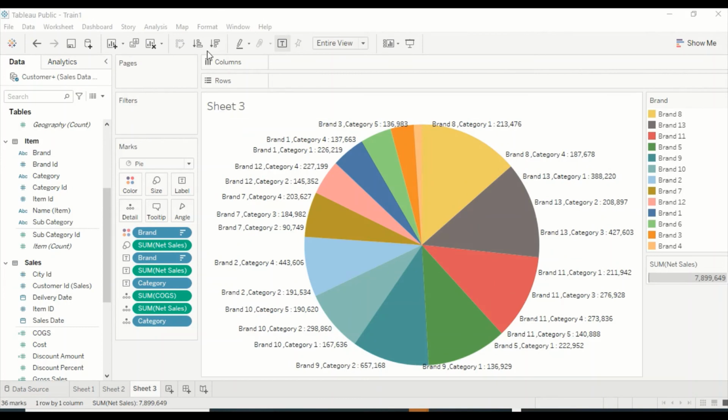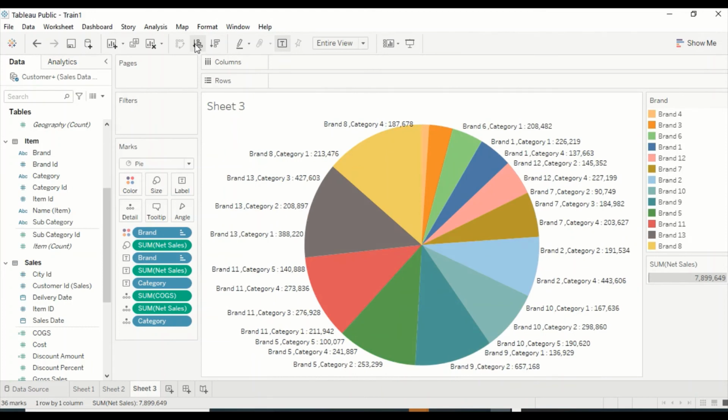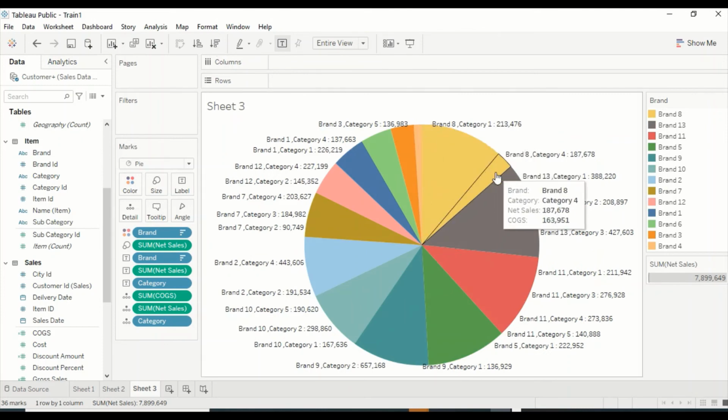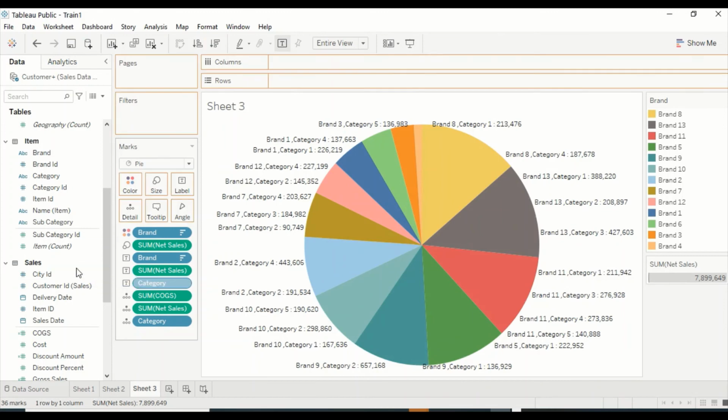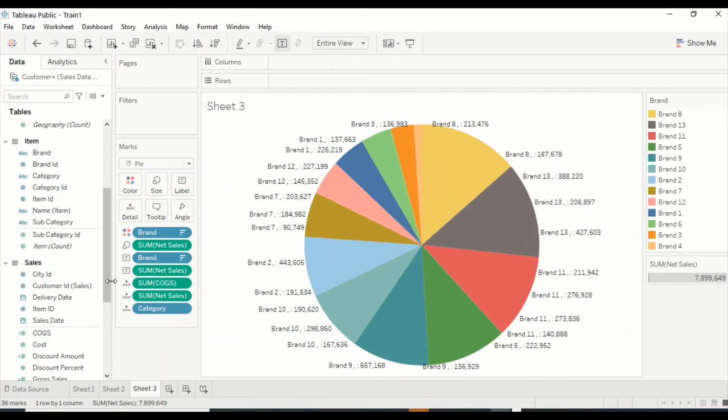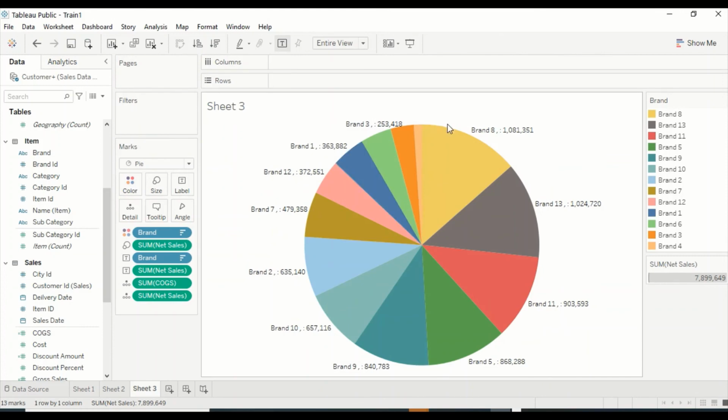Now one more operation which I would like to try is to sort this in descending order. There are options available like sort on net sales, sort by ascending, sort by descending. So let me sort on descending. Now you see this bigger pie is here, and for the time being I can remove category from here. Now I have removed category, it's not gone away. Let me remove it from the details also. Now I can see which is the bigger brand. So I have sorted on these brands, and now I can look at the bigger portion and the smaller portion in sorted order. So this is the sort option which is there.